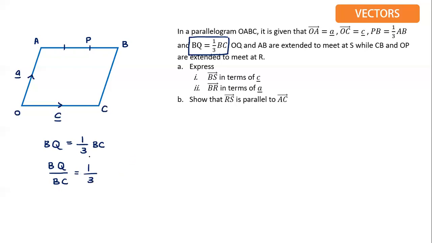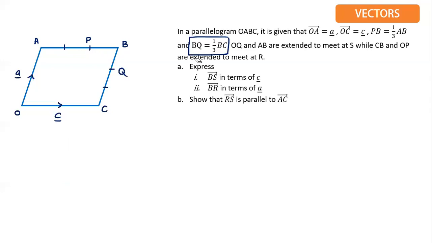Okay, again, same idea, class. BC is divided into 3 portions, so I just divide it into 3 portions like this. Can you see? I already divided BC into 3 portions, and BQ is 1 portion. So Q is supposed to be beside B here, so I put Q here. Done.